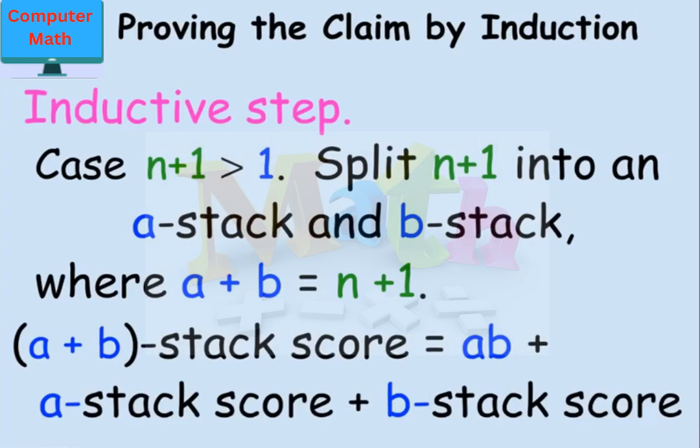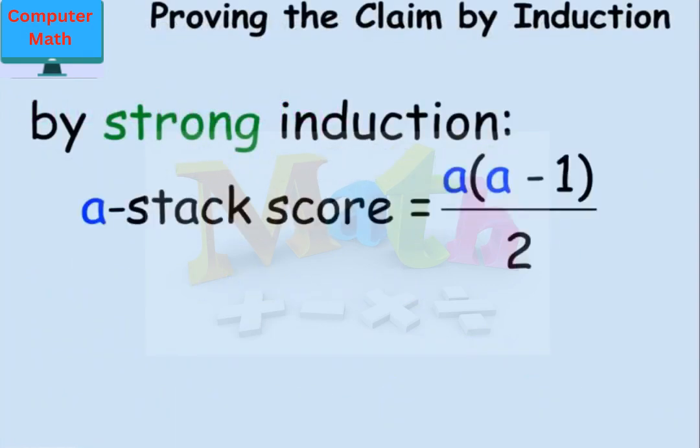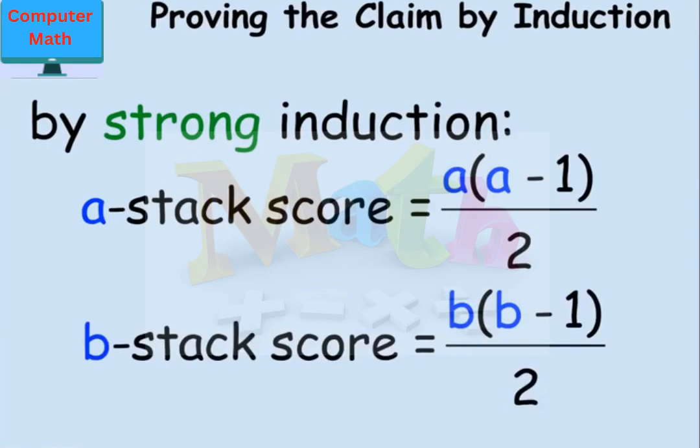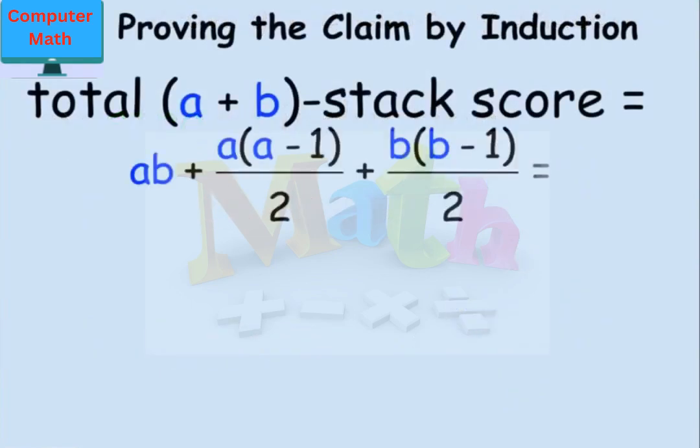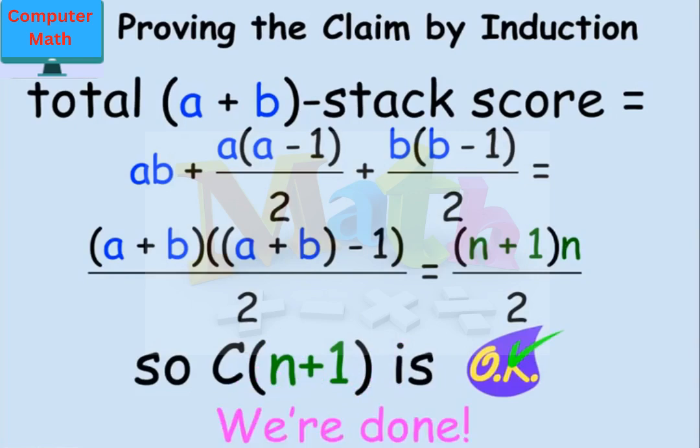But A and B are smaller than n plus 1. They're less than or equal to n, which means that by strong induction, I know that no matter how I play on the A stack, I'm going to wind up with this score, A times A minus 1 over 2. No matter how I play on the B stack, I'm going to wind up with B times B minus 1 over 2. So that means that my score on the A plus B stack is going to be this formula, AB plus A times A minus 1 over 2 plus B times B minus 1 over 2. You simplify that to organize it so it's A plus B times A plus B minus 1, which is exactly n plus 1 times n over 2, which is what we were trying to prove. We've proved C of n plus 1. The inductive step is complete, and indeed, we've proved that no matter how big the stack is, your score comes